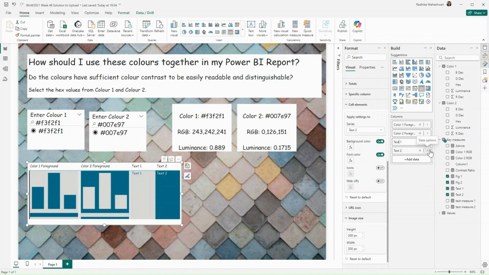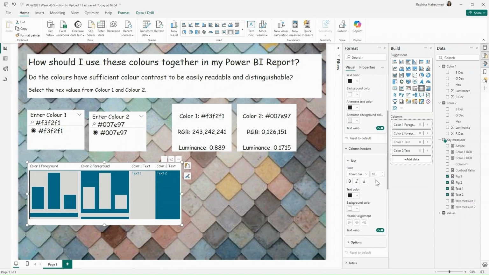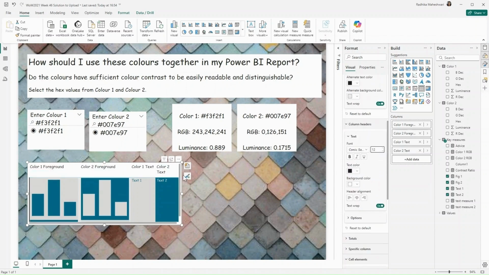This one is color 1 text, and then renaming this as color 2 text. I'll just increase the size of these column headers, and